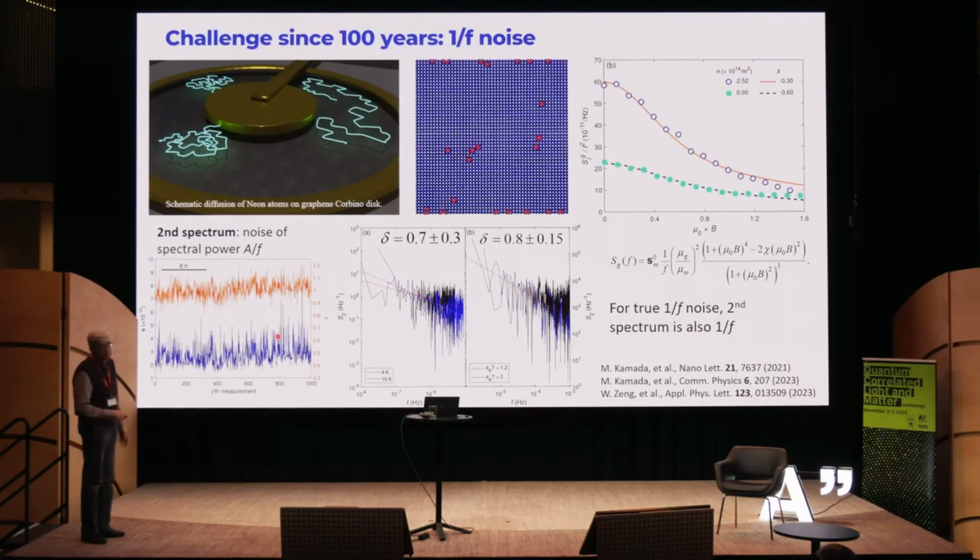And typically people say that when you have 1/f noise, it's a collection of fluctuators. But if you have a collection of fluctuators, then the second spectrum would be flat. So it would be white. But here, in this case, when you have this true 1/f noise, so you have long time correlations because of this clustering, declustering, then you have second spectrum, which according to theory should be 1, but in our case, it's close to 1. So it's almost like 1/f noise.